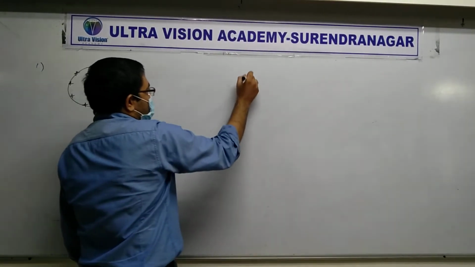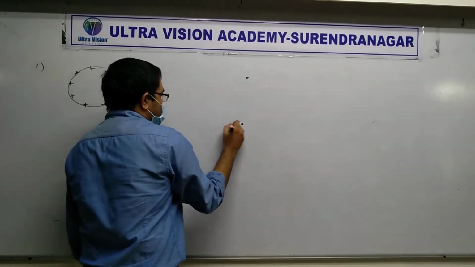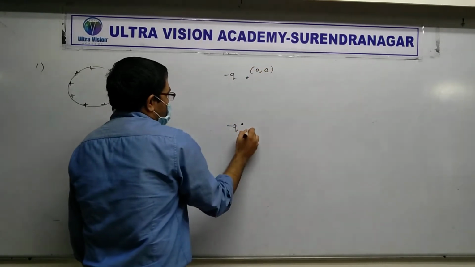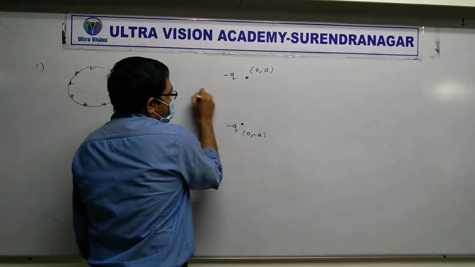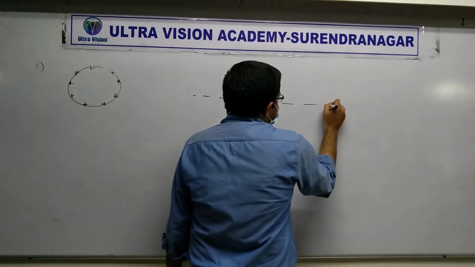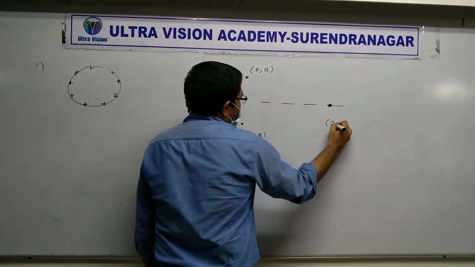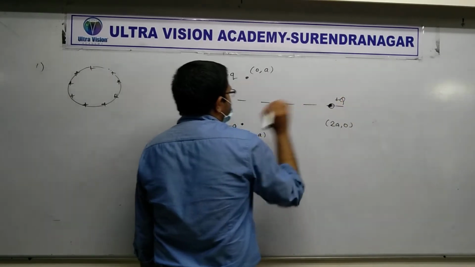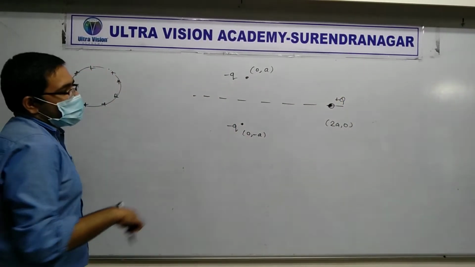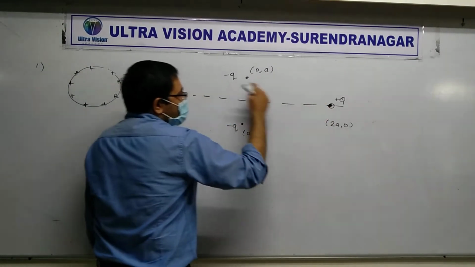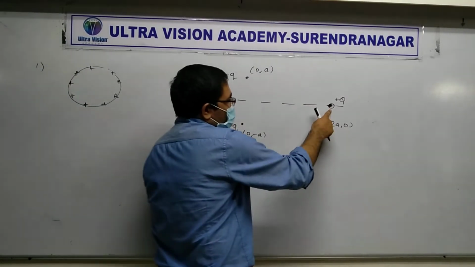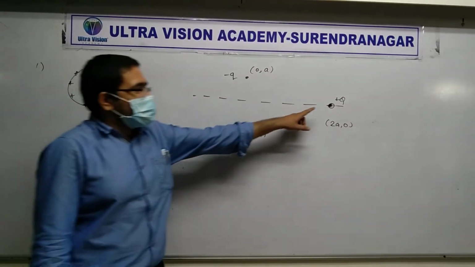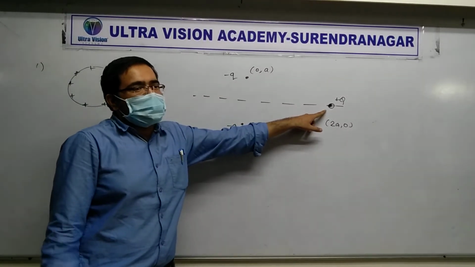So here's the diagram in case you mixed it up. Minus q, 0 comma a, 0 comma minus a. Here is the x-axis. Here is that point 2a comma 0, and here is the plus q charge over here. Right? So this is the plus q charge. These are minus q charges. If you release it from rest, what do you think will happen first? Will this move? Yes. Or will it just remain there?